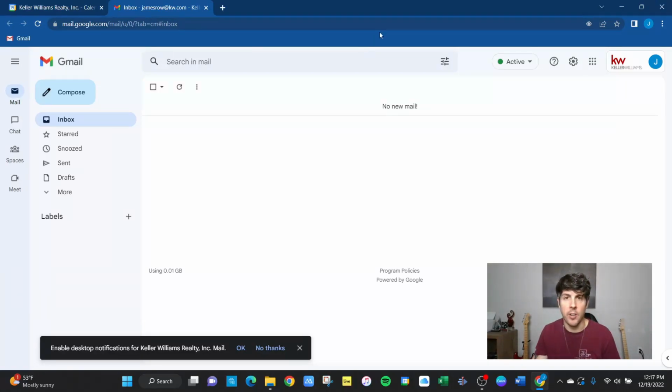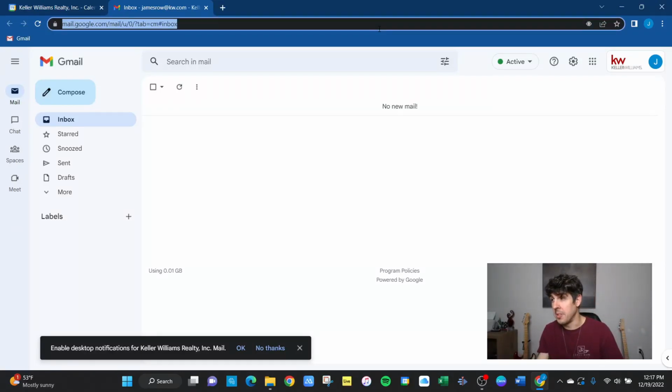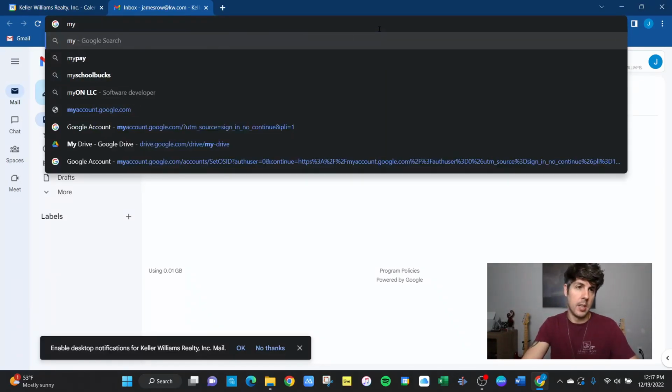So some files will be too big. Like for instance, you can't send a 1 hour video in an email. It has to be like a document or a couple pictures or something like that. If it's too big of a file, you want to zip them. Now I'm just going to show you how to download a zip. You're probably going to do that a lot more than you're going to send them. But a good example would be,